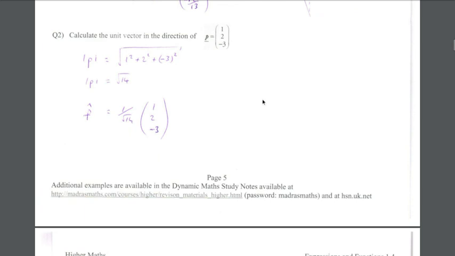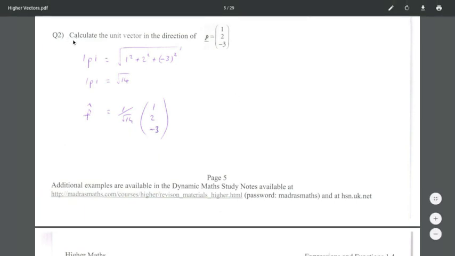So a second example, calculate the unit vector in the direction of p. So again, find the magnitude of p. Remember guys, always put your negative numbers in a bracket when we're going to square them. So it'll be √14. So the unit vector in the direction of p would be 1 over √14 multiplied by